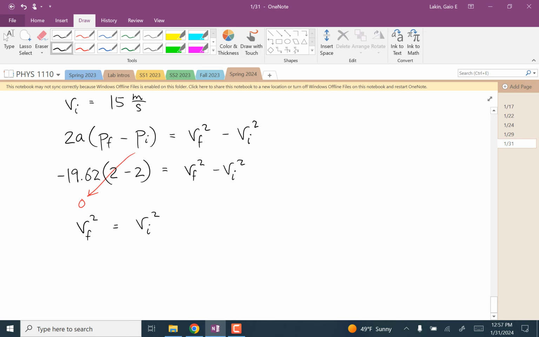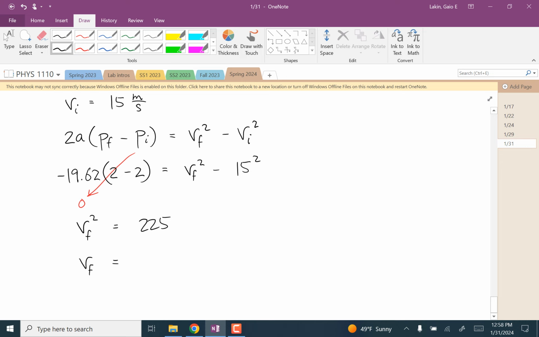So now take the square root of both sides. Oh, I didn't put in the number. Let me do that. Vi was 15. So this is 225. Now take the square root of both sides and you get that VF is equal to,